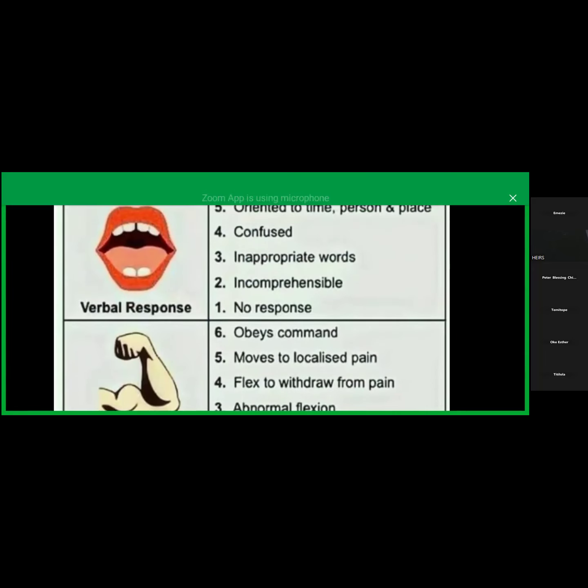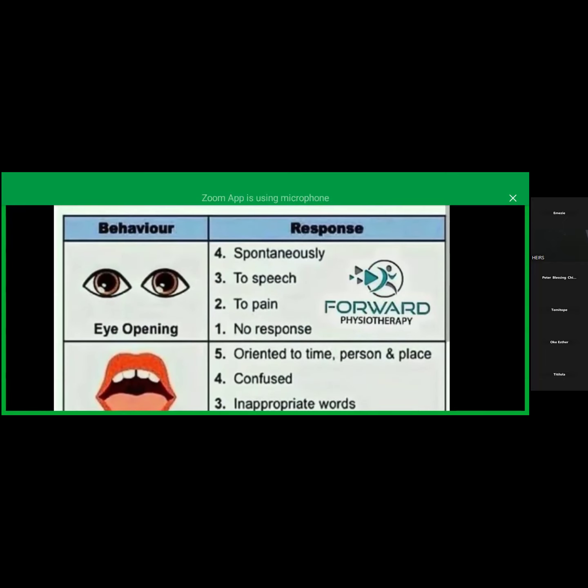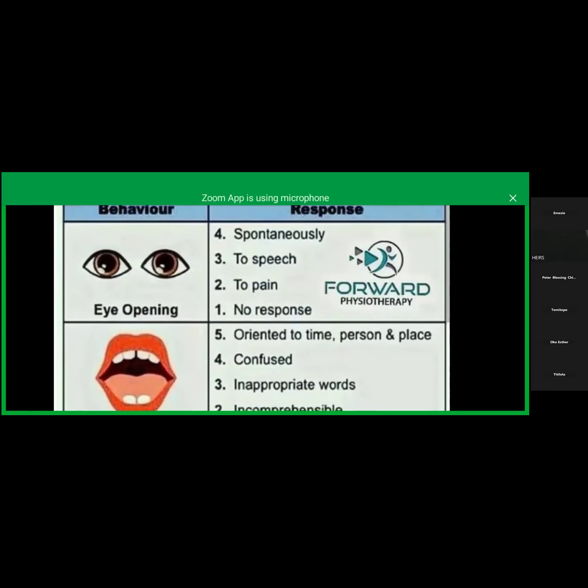Those are the three criteria we use for GCS. They have a total number. If we add our eye opening, our best verbal response, and our best motor response, the total number we can get